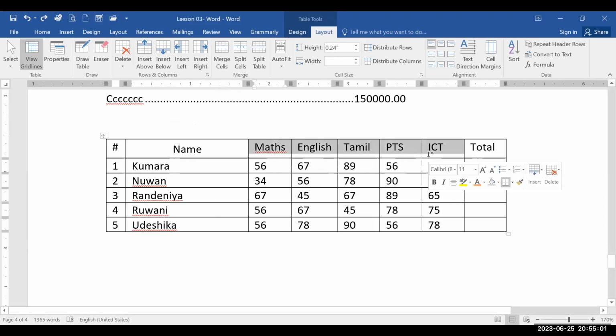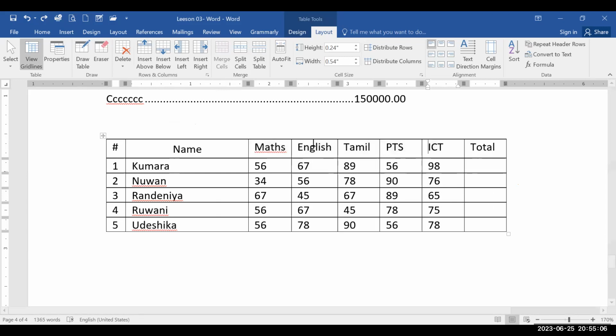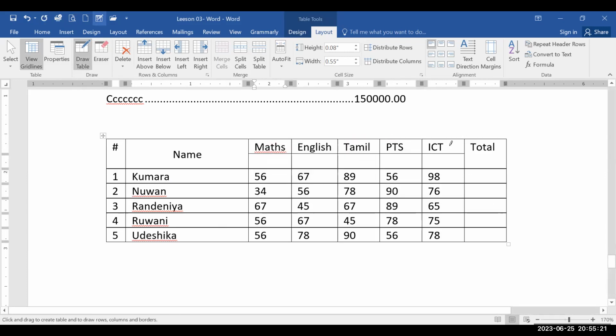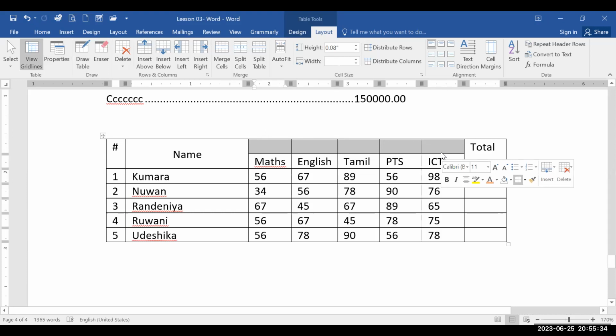These are subjects. So I would like to put a heading for this one as subject. Then what should I do? I need 2 rows here. So I'm going to use this draw table and create 1 row here. Now I got a row. After creating this row, I select and drag down. Now in these cells I'm going to put subject. If I type it here, subject,